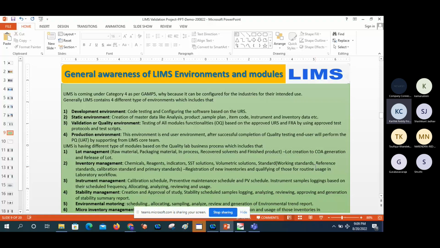The development environment is for code testing and configuring the software based on the URS. So we are doing the testing. The vendor gives one type of software to us, the vendor we selected. The vendor gives some default workflow system to us. The LIMS core team takes some training, like administration training, from the vendor. So the LIMS core team members can perform the testing against the user requirement